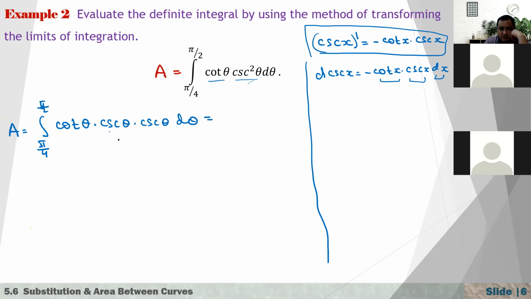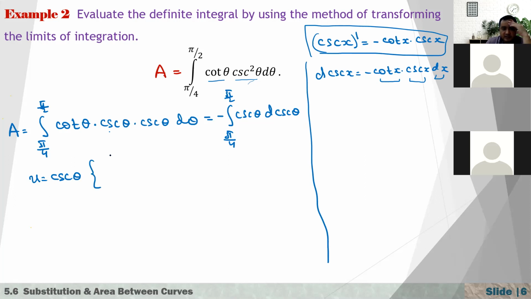So at that time, here we have cosecant, right? So this is minus integral from pi over 4 to pi over 2 of cosecant of theta d cosecant of theta. Why is it so hard to write cosecant? Okay. So now if I just introduce here, u is equal to cosecant of theta,